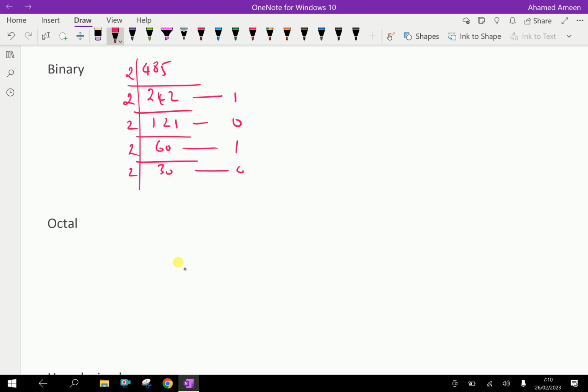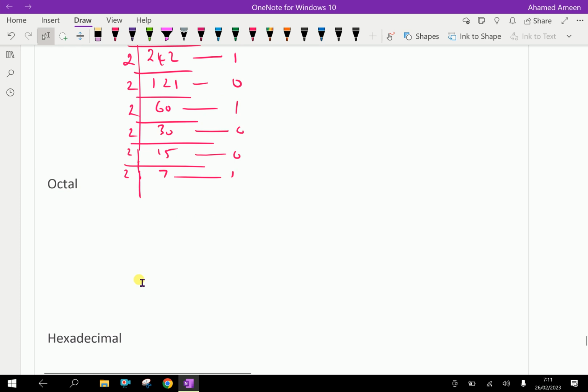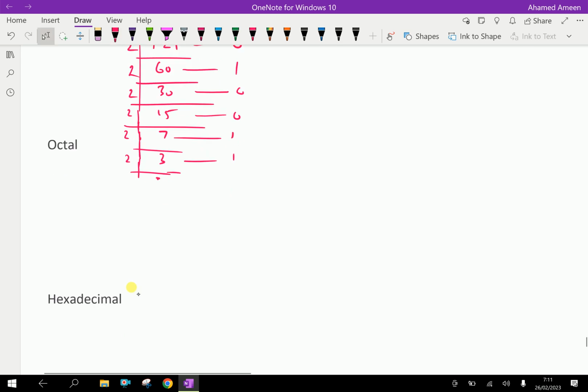0, then 2, 15, remainder is 0, 2, 7, 1, 2, 3, remainder 1, 2, and 1, 1, 2 are 2, and remainder is 1. So